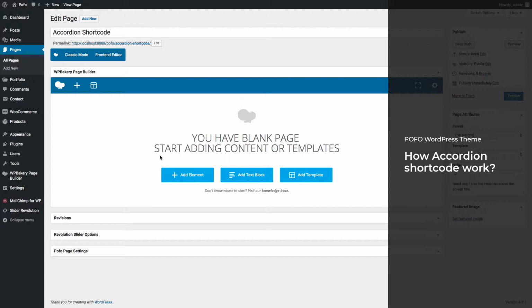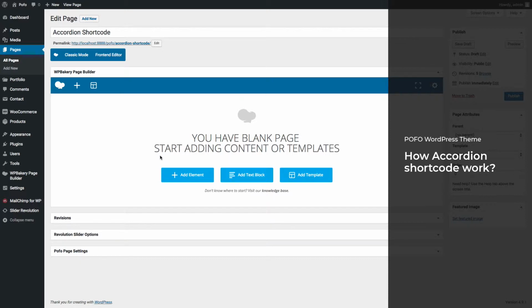In this video we will show how to use Accordion Shortcode in WP Bakery Page Builder and explain about different helpful settings and different styles of Accordion Shortcode. Accordion has a best and interactive vertical navigation style to categorize your content and accommodate a big amount of content in smaller